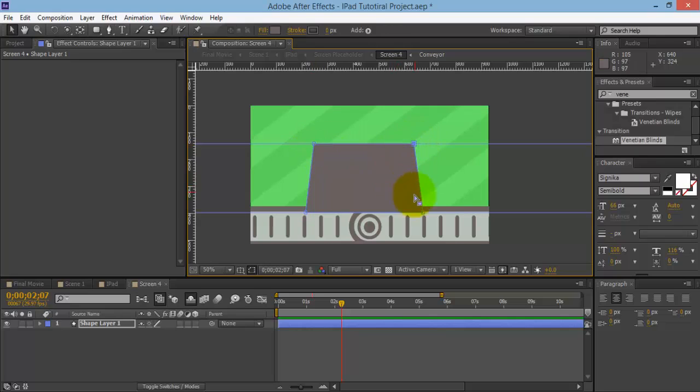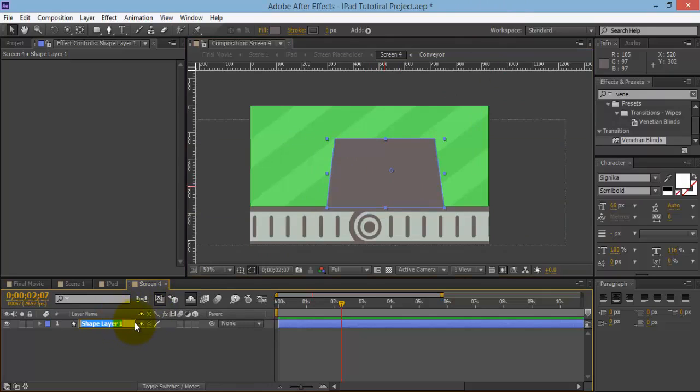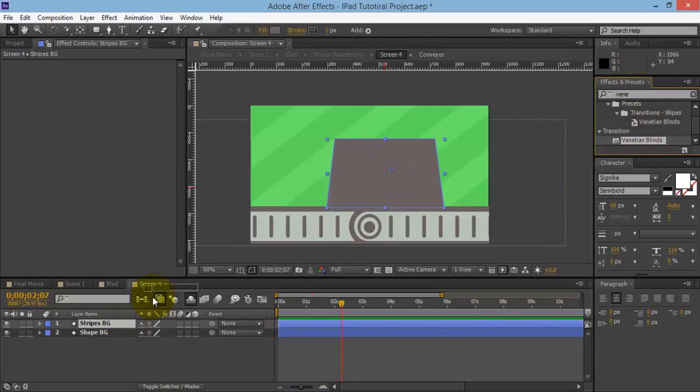Great, so now I've got my shape done. I'll move these out of the way, and I'll move that up. Okay, so let's call this one shape BG, and I'm going to duplicate that, Control D, and call this one stripes BG, and grab the Venetian blinds, drop it onto stripes again, and bring this to 90 degrees so that we can have a nice